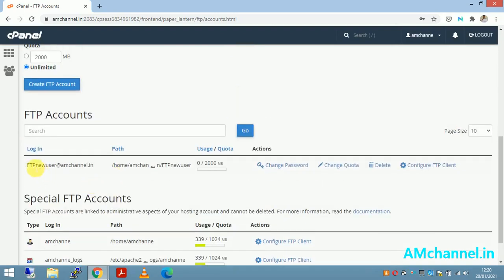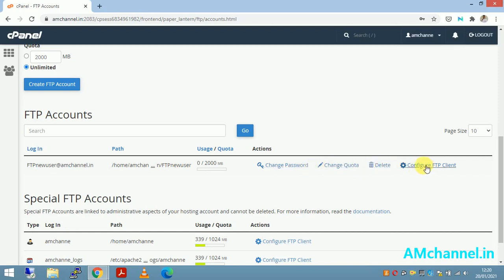Now I have these details with me. This is the FTP login username, this is the path, and here is the quota for that user. If you forget the password for this user, you can change the password from here anytime. If you want to update the quota or change its size for this user, you can change it here, and you can remove this user with this delete option.